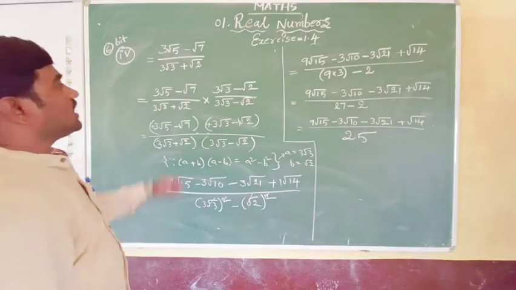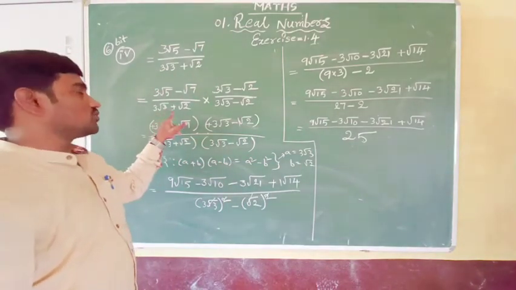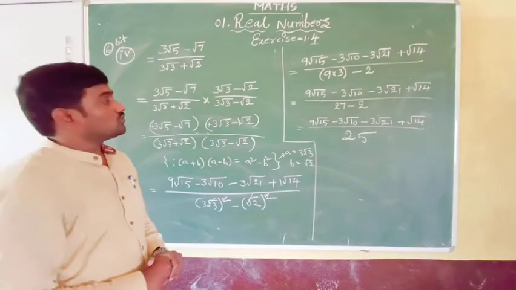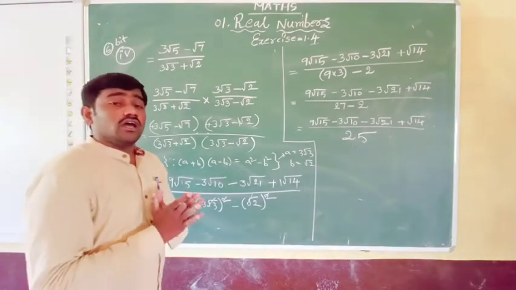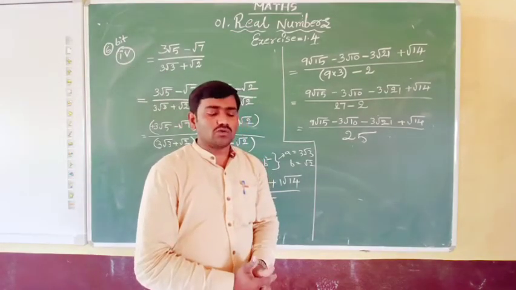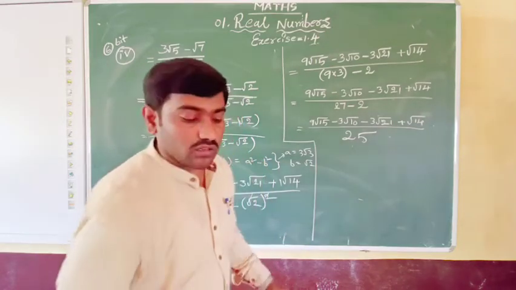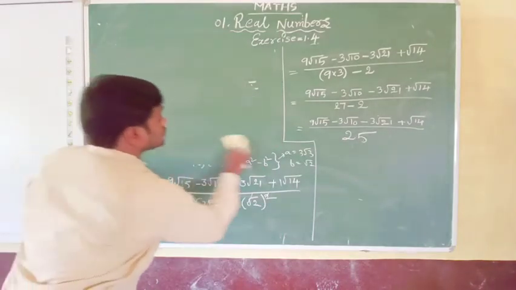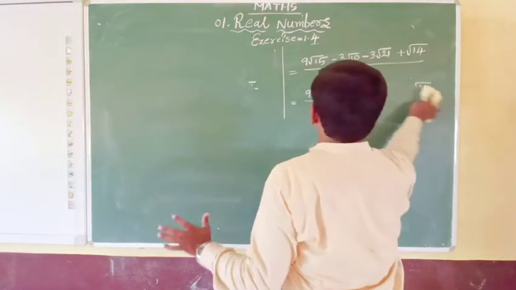So we have rationalized this denominator into a rational number by using the rationalizing factor of 3√3 + √2, which is 3√3 − √2. I hope you got a little idea about rationalizing the denominator. We have some more problems also, one or two problems on rationalizing the denominator, so we'll solve those further on. In the 10th question we have the same thing again. So before that, let us go to the next bit.